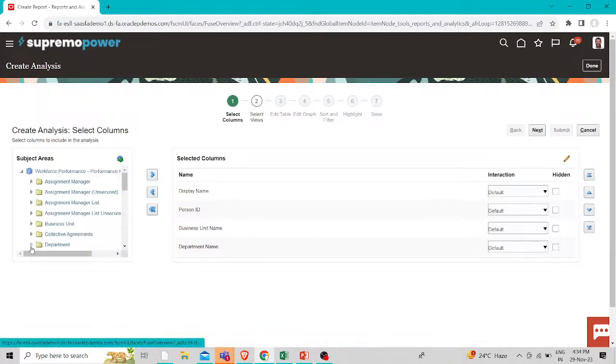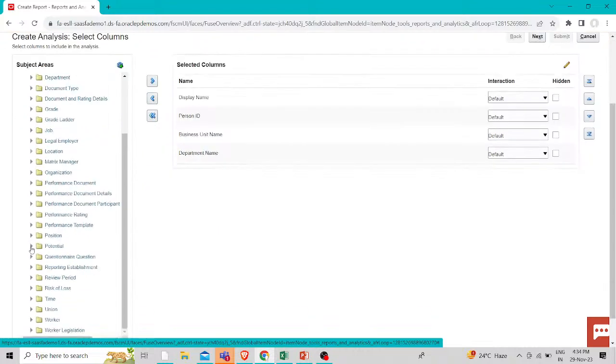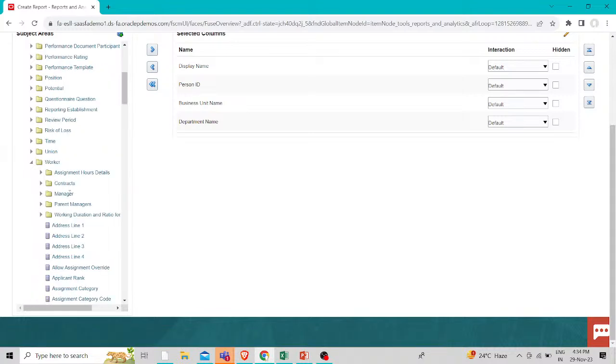Then collapse this department folder, then we have to again go to the worker and then go to the manager subfolder